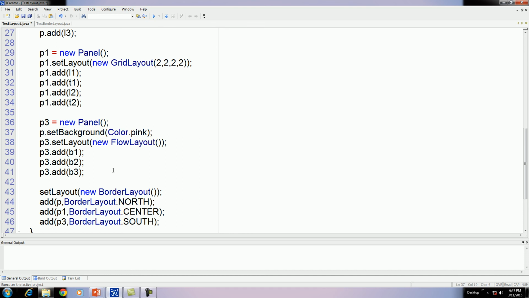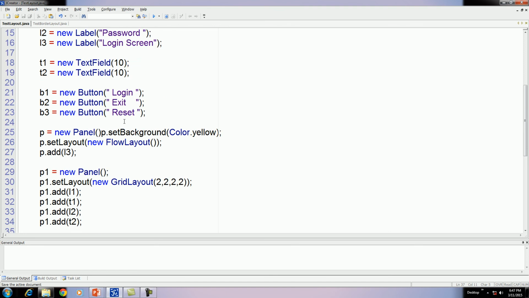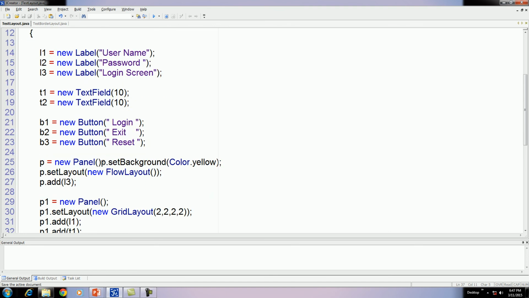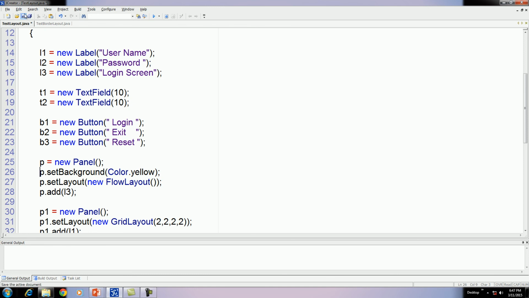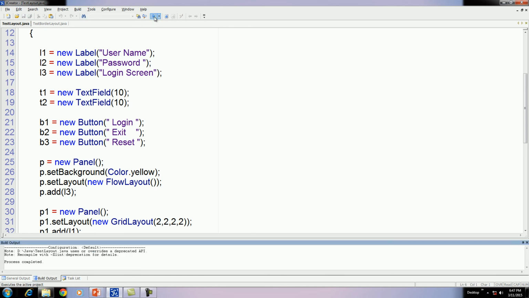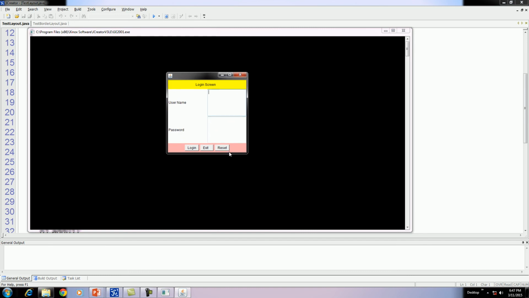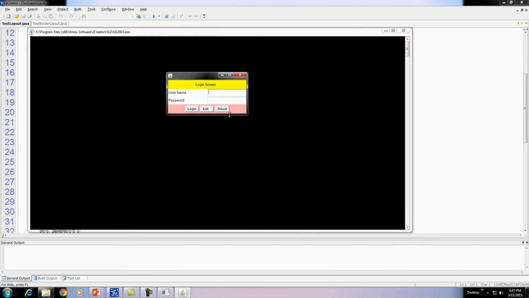For P3. Okay, like this. You can also set a color. Okay, like this you can use a different type of layout as per the requirement of your program. You can use multiple layouts at a time to place a control in a sophisticated manner. Okay, now you can try by using different types of examples, different types of controls.